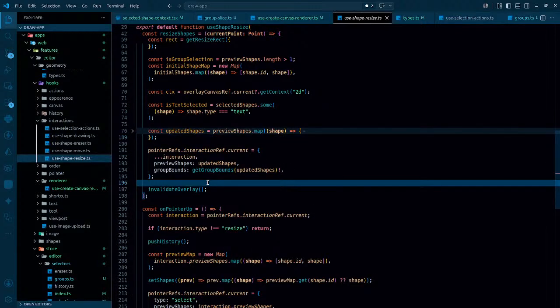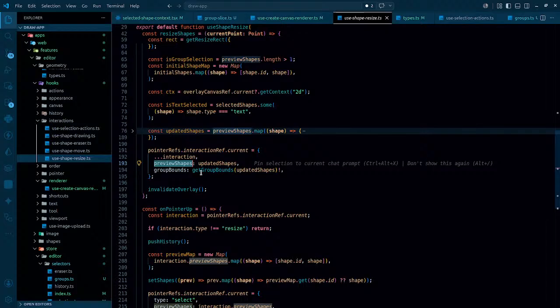So the simple thing is that we are not changing the value. So if we are not changing the value, how are we able to change the size of the bounds? The reason could be this: we are changing the preview shape, and whenever the mouse up happens, only at that time we simply change the state, and that's not a bad thing. The only thing is that when I'm rendering,